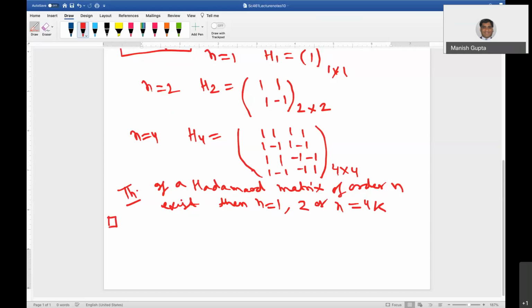Proof is not very difficult here. So, sir, for n equal to 6, we can't generate the matrix. Yes, we cannot. Okay. So if a Hadamard matrix exists, the proof actually goes like this: I'm going to assume, without loss of generality,